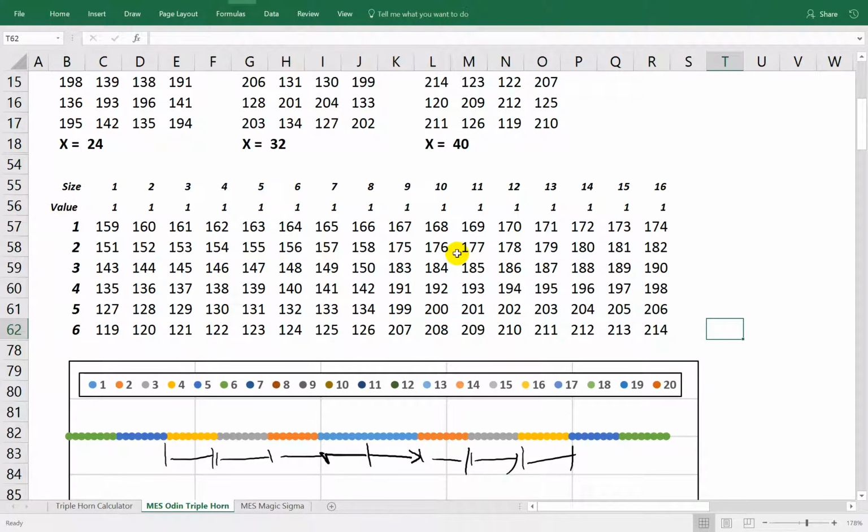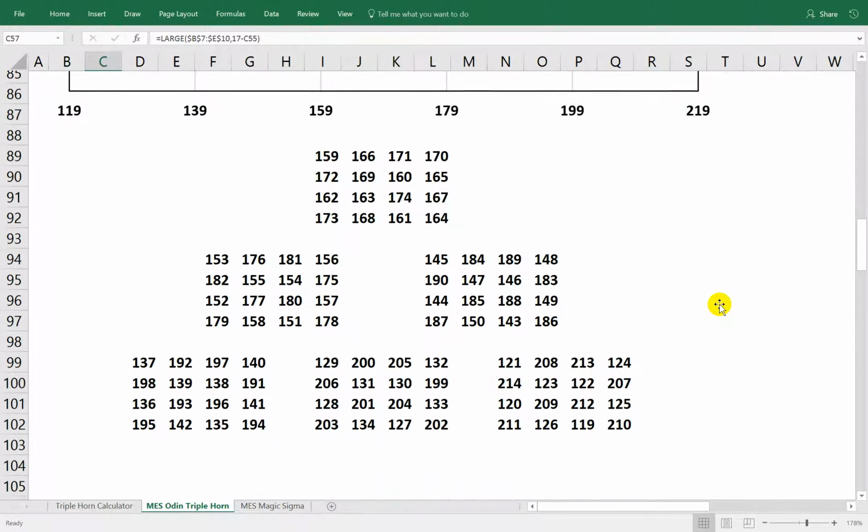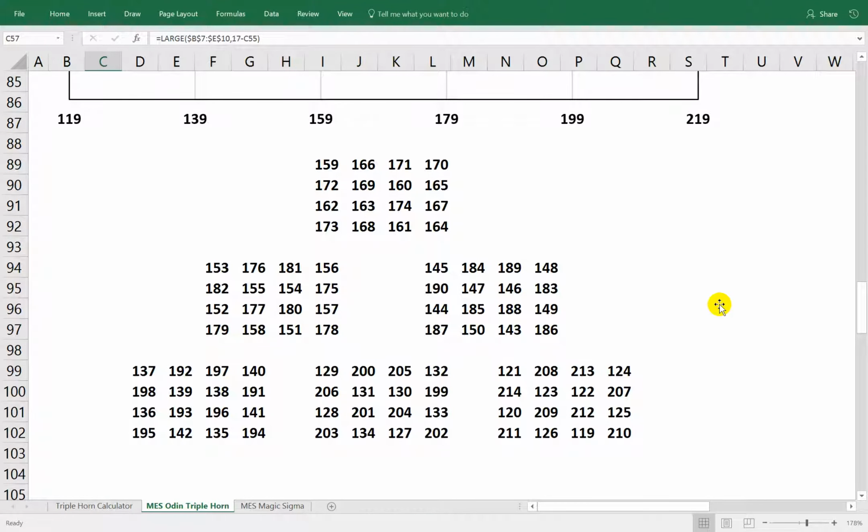So 8. All we're doing is separating everything by 8s down the middle. 8s, except the first one is, well, it's still separated by 8s, but it's a continuous 16. So from 159 all the way to 174. As you can see that pattern, and then basically there is my MES